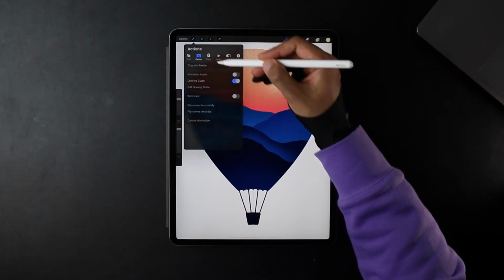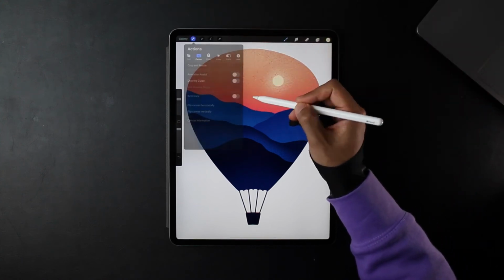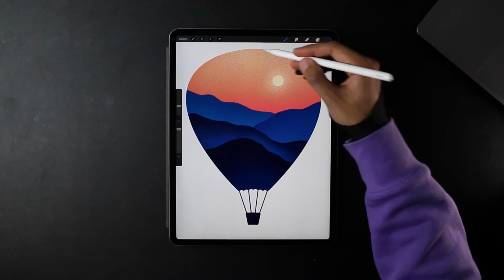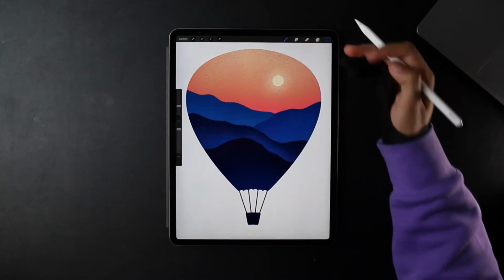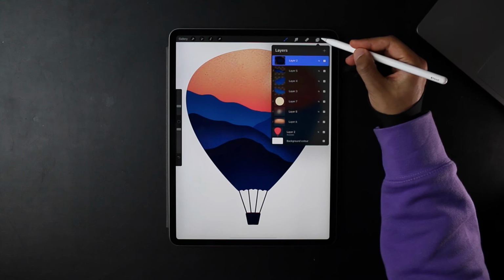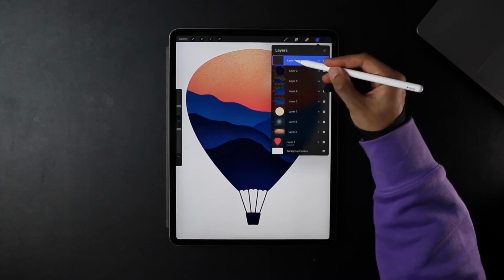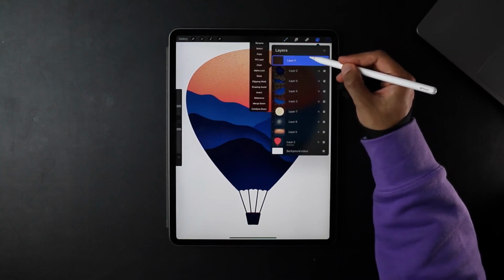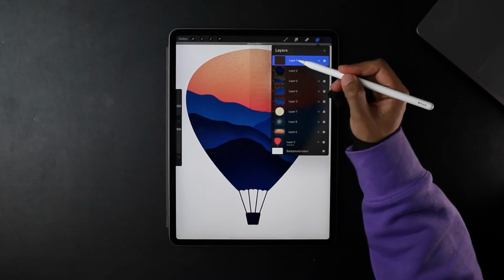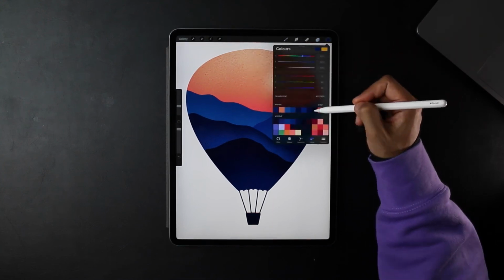Now you can remove our drawing guide. So what we're going to do now is create a slight drop shadow on the inside to make it look like the scene was behind. Create a new layer above all of these, tapping a new layer, tap on the layer and then click clipping mask. We're going to select the darkish colour,